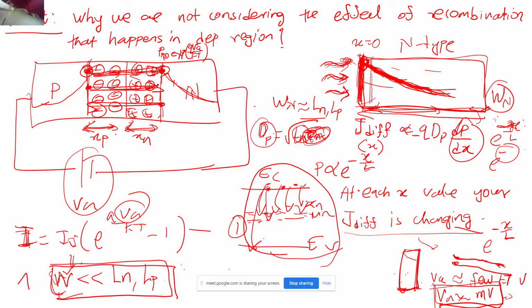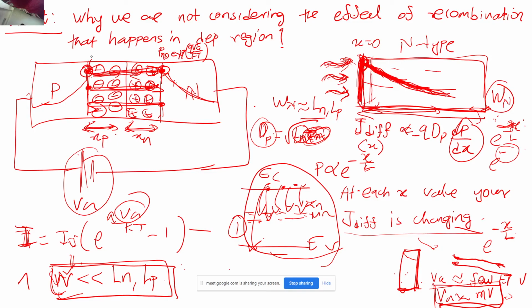And the second reason is that when you have a large depletion width, you will have recombination, and that recombination effect becomes significant at the forward bias voltage you apply, which is actually in some millivolts. If you increase this voltage to a higher value, maybe comparable to the built-in potential or higher, then this effect is no longer significant. You can see Sir's lecture if you want a clear understanding of that.